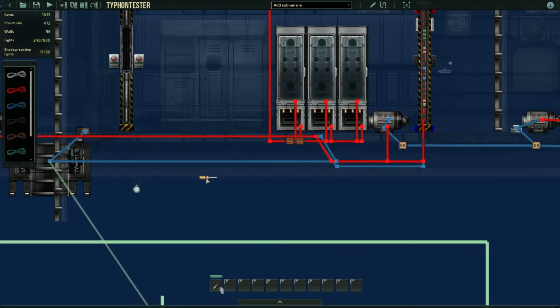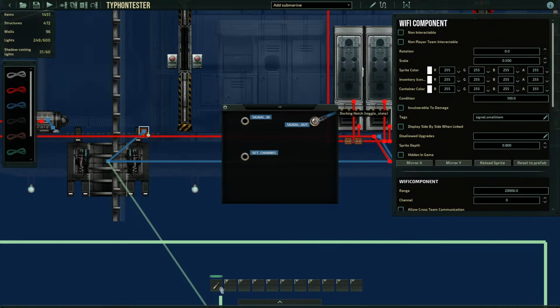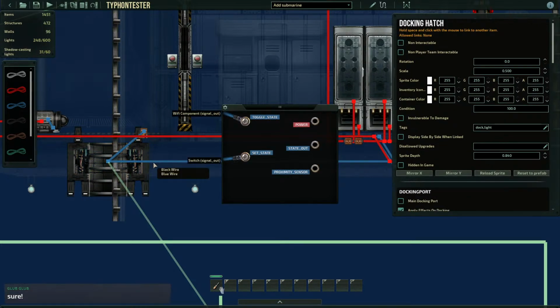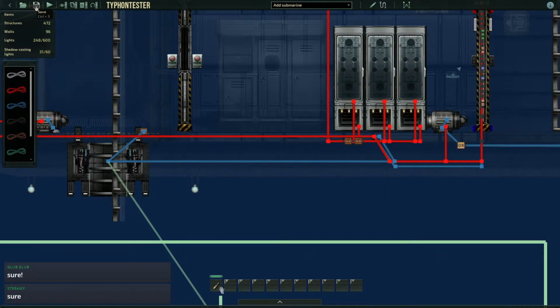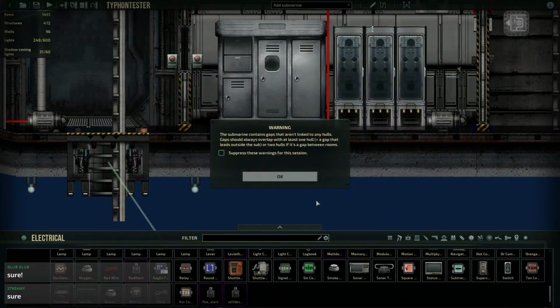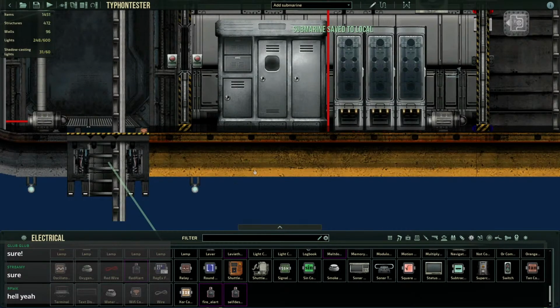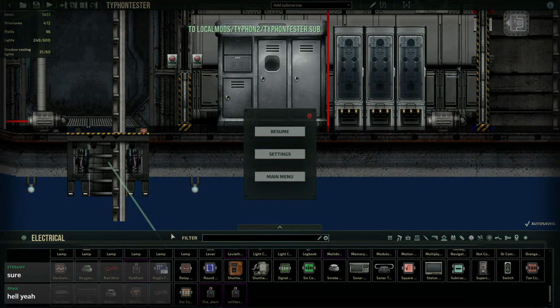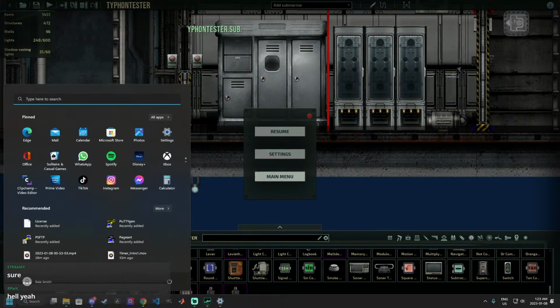Okay, so that's the Wi-Fi component goes to docking hatch toggle state. Yeah, we can talk about that one. Okay. Alright, this is when, okay. I'm glad you guys are so pumped about it. That's awesome. Okay,